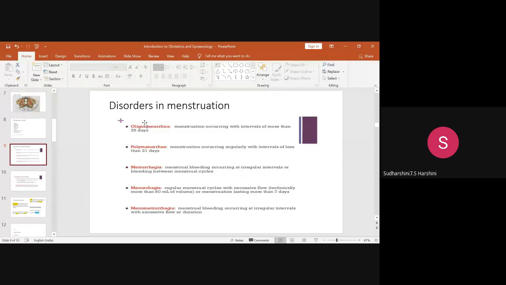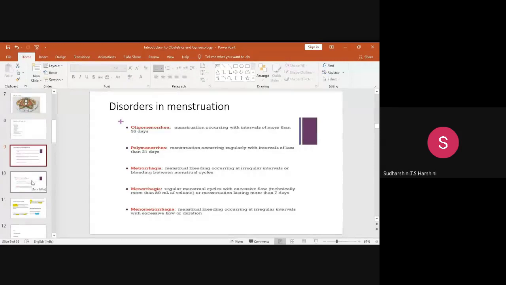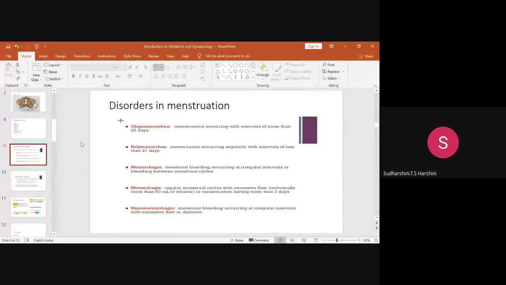What do you mean by hypomenorrhea? It's not here. Anyone? Hypomenorrhea. Decreased flow. When the flow is increased, it's called menorrhagia. When she's changing only one pad per day, or half a pad per day, or she says her flow is very scanty, but her periods are regular, her periods last only one day, and she changes only one pad on that day alone, but her cycles are regular, you'll call it hypomenorrhea.